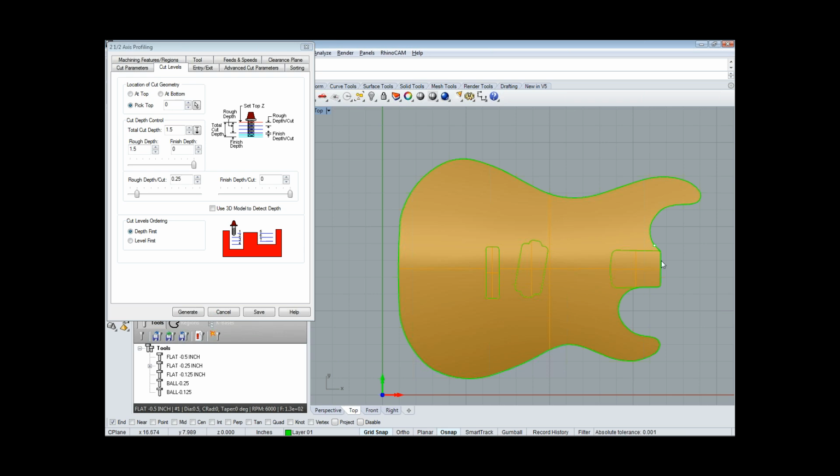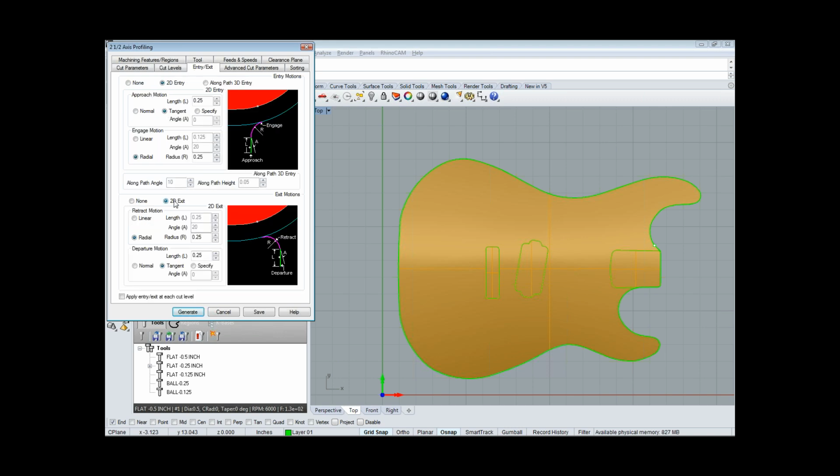So I just used the Curve Boolean command to extract the curves from the surface model in Rhinoceros, and I've selected this curve as my machining region. I'm specifying the total cut depth and depth per cut for the profile operation. I'm going to select the entry and exit, and specify the lead in and lead out. I can do a 2D entry, 2D exit, or a long path 3D entry, so I can ramp along the path of the curve. I can apply these entry and exit for each of the cut levels in here,